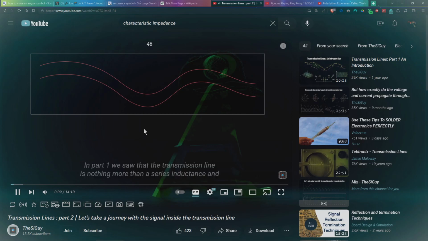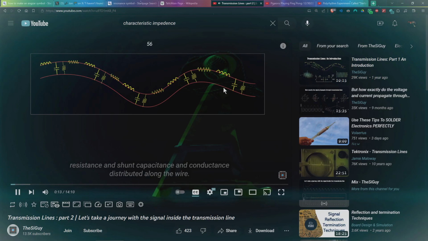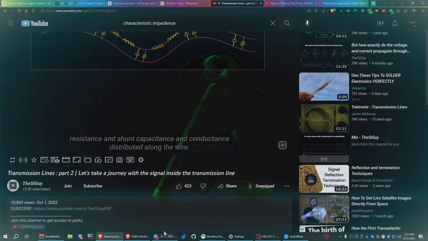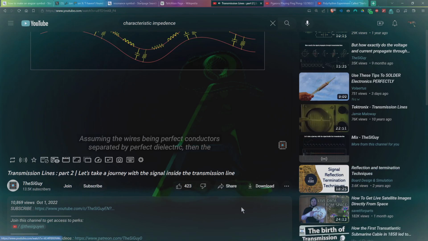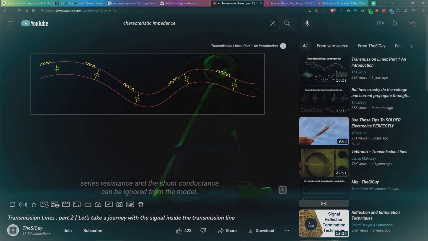In part 1 we saw that the transmission line is nothing more than a series of inductance and resistance and shunt capacitance and conductance distributed along the wire. Assuming the wires being perfect conductors separated by perfect dielectric, then the series resistance and the shunt conductance can be ignored from the model. We can't consider it as a single inductor and capacitor, because the line is very large